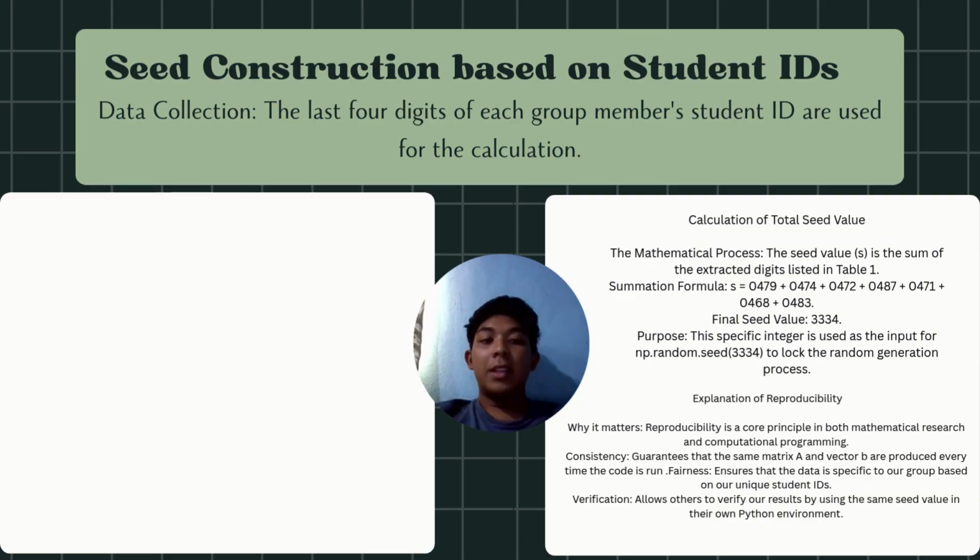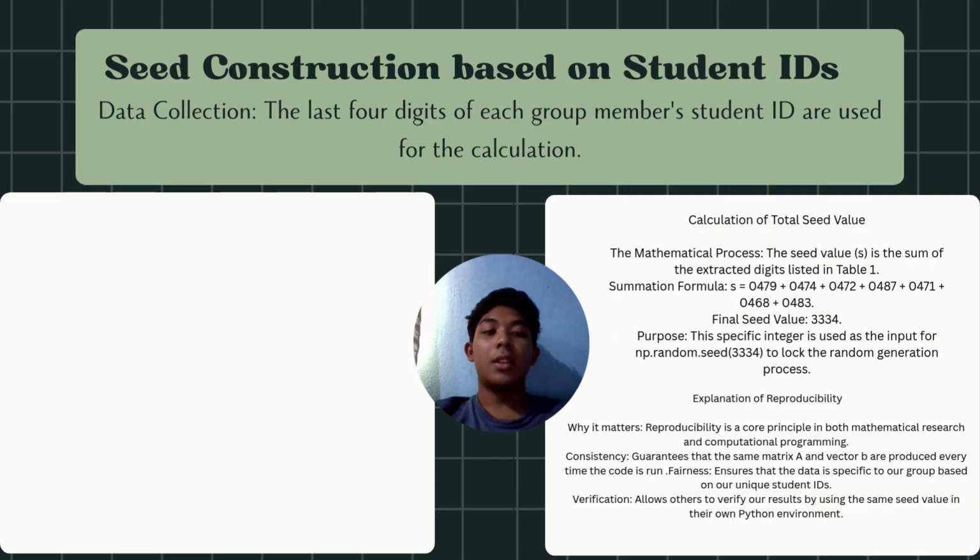To make the data specific to our group, we derive this seed from our student identification numbers. As you can see on the screen, we collected the matrix numbers of all 7 group members and extracted the last 4 digits from each. For example, my ID ends in 0472 and my teammates' digits range from 0466 to 0487. Once we had these digits, we calculated the total seed value, represented by S, by summing all